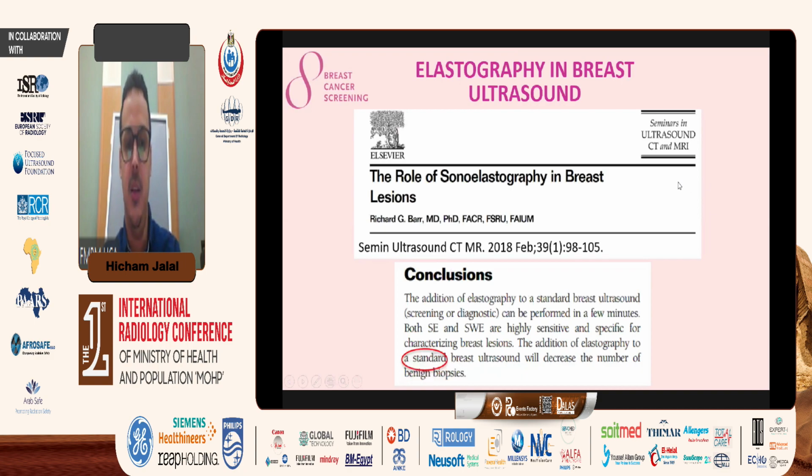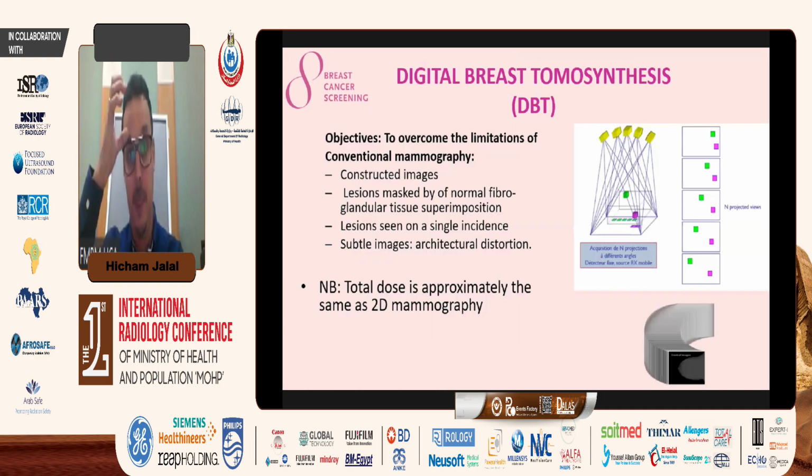Then this paper also shows the role of this technique not in screening, but in diagnosis, and shows that it is highly sensitive and specific for characterizing breast lesions,